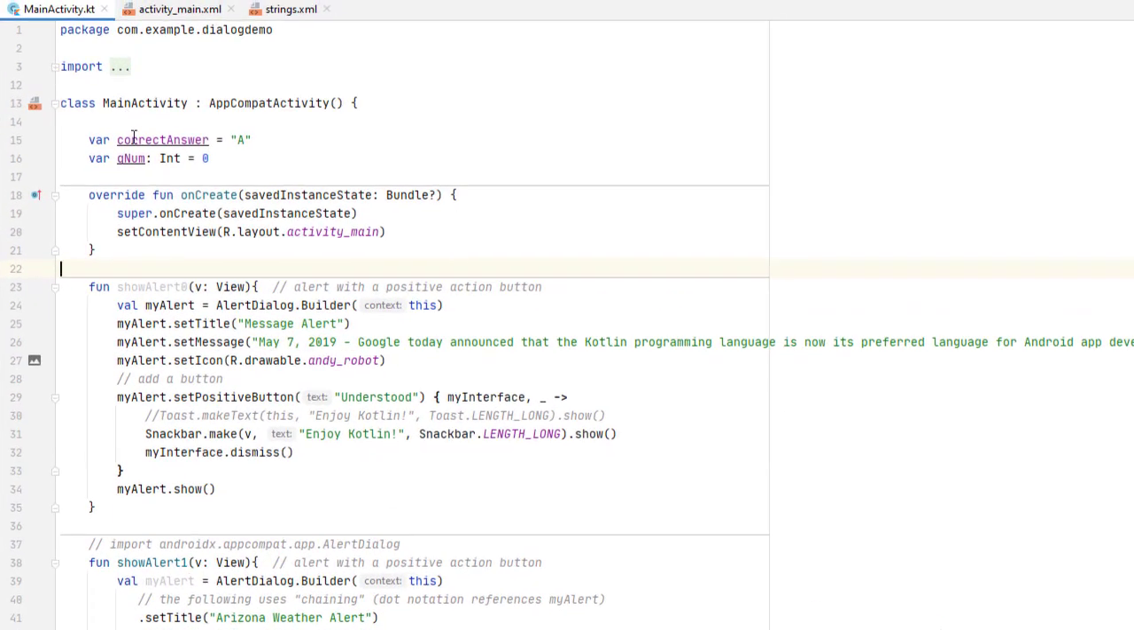So in the code, I created two variables, correct answer A and QNum. I'm going to use those in that very last custom dialog. Kind of ignore those for now. So this is a function for Show Alert 0, which I didn't actually use, but it works on the same principle. I created a value called myAlert, which is equaling